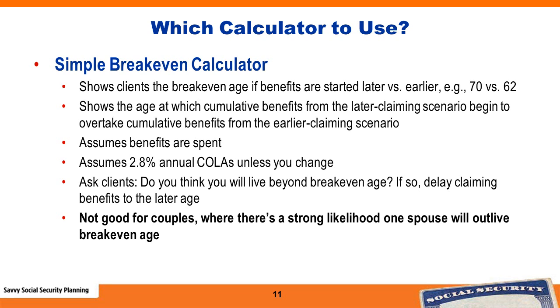When working with married couples, you're dealing with 2 life expectancies, and because the higher earner's benefit transfers over to the surviving spouse as a survivor benefit, he could die long before the break-even age, and the couple would still be better off if he delayed his benefit to age 70, because his higher benefit will continue. This is shown more effectively by the spousal planning calculator, which we'll cover in more depth in Part 3 of